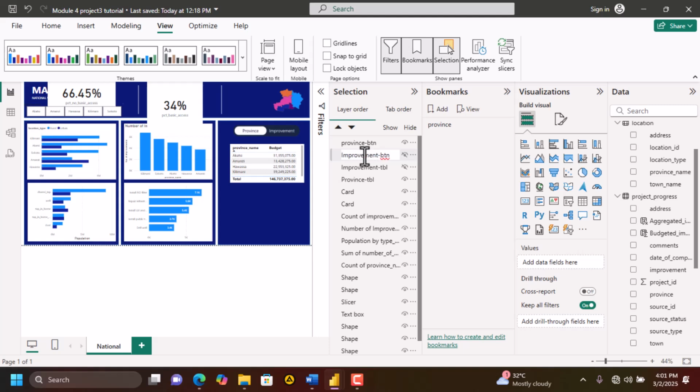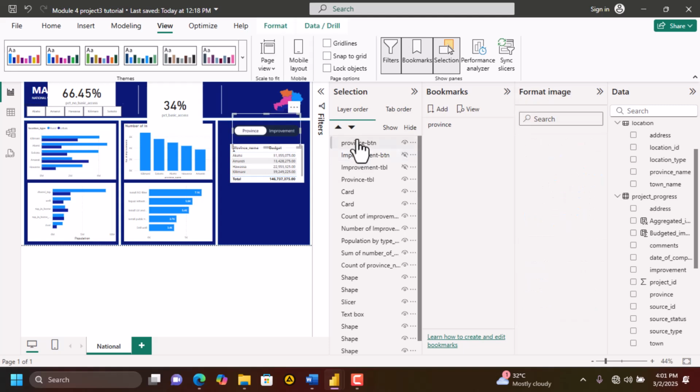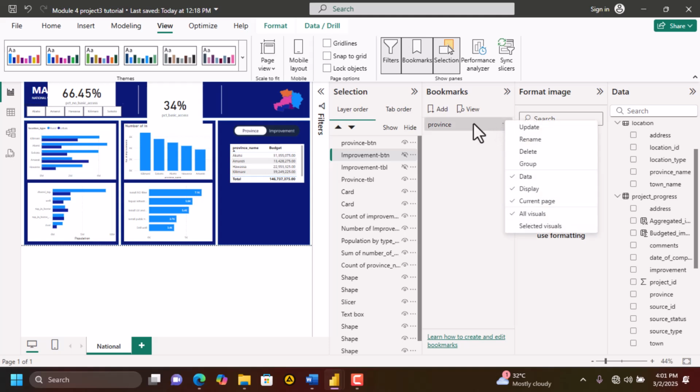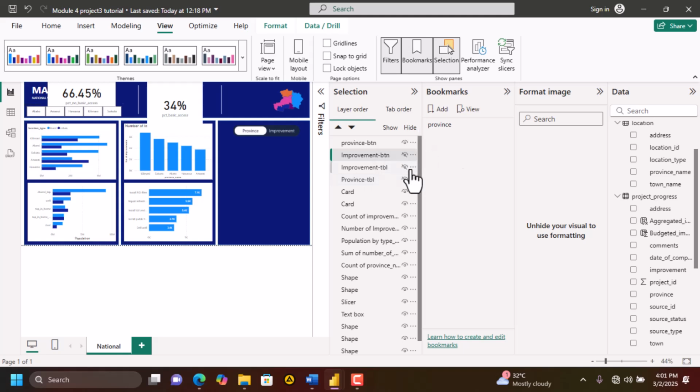So I have the province here. So I've saved province as a bookmark, right? Now let me come and activate this and deactivate the improvements, so that I'll have this one, improvements on the screen,